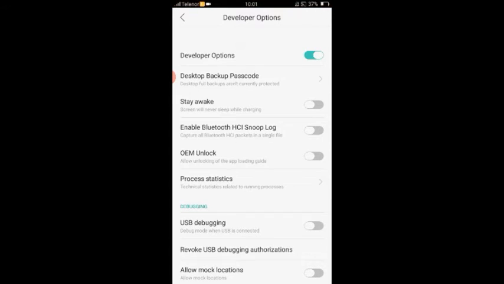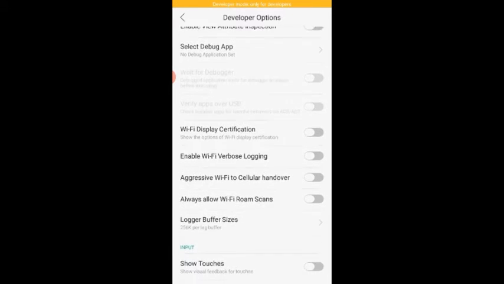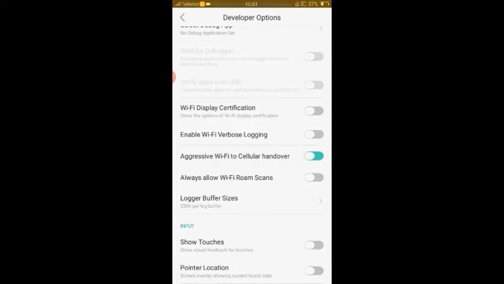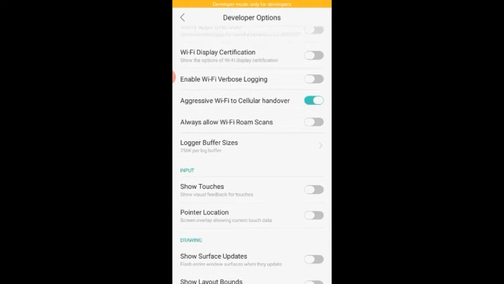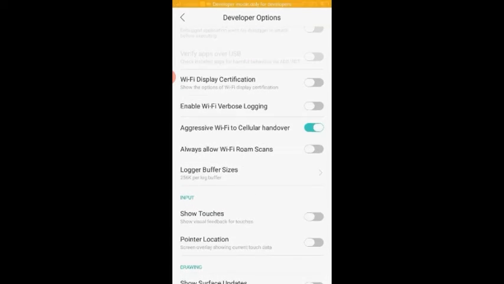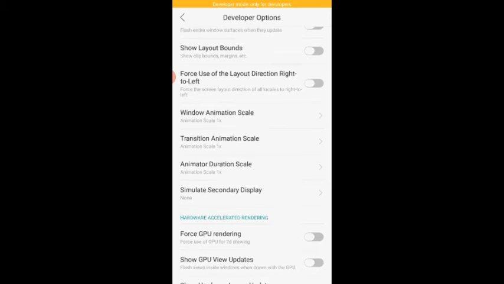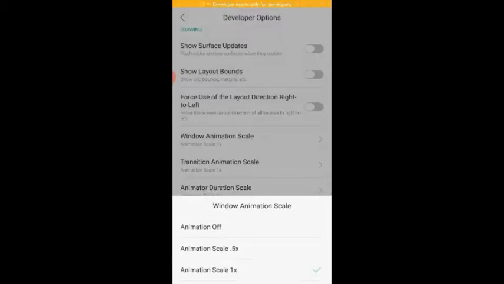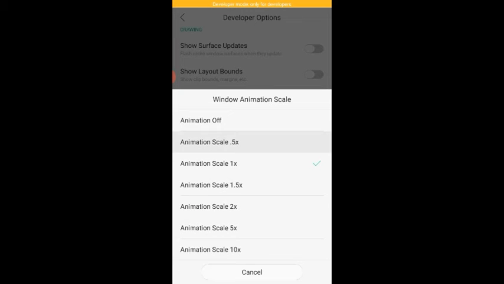You're going to turn on that, scroll down, and this is just an extra bonus, okay. I'm going to show you that aggressive Wi-Fi to cellular handover, turn that on to make your Wi-Fi faster. And keep scrolling down. If you want it to be faster, you're going to click that window animation scale to